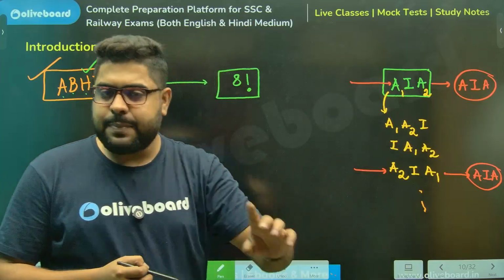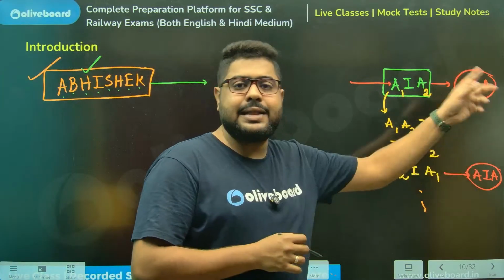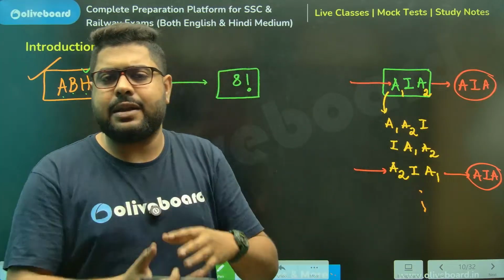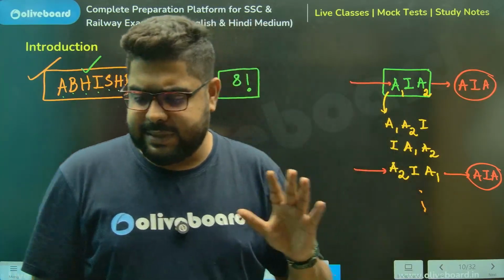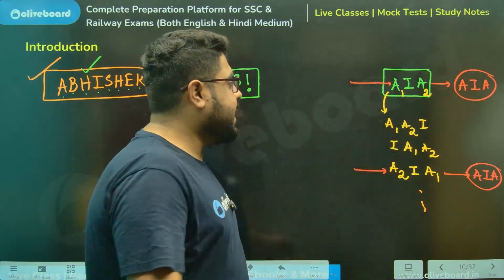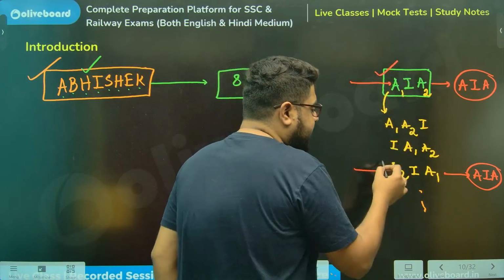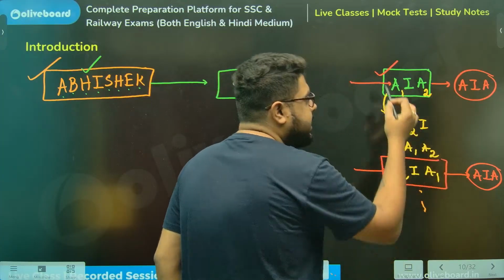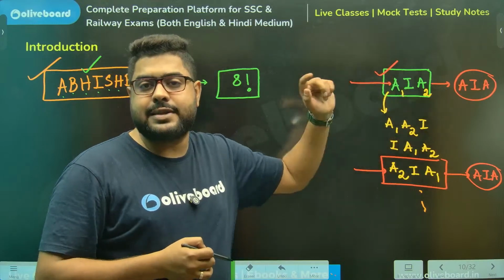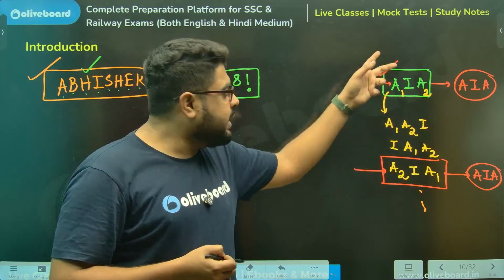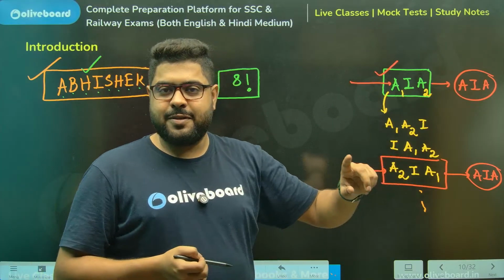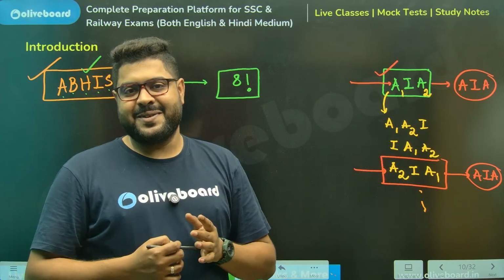So this is the problem of having identical things. Here it is letters, but it can be anything: identical balls, identical marbles, identical bags, identical persons. Whenever you have this, please understand that I will not be able to recognize or distinguish between this and this. So these will not be counted as two different incidents or two different counts. These two will be taken as one single count, so my total count will reduce.